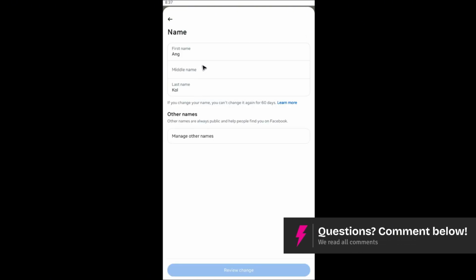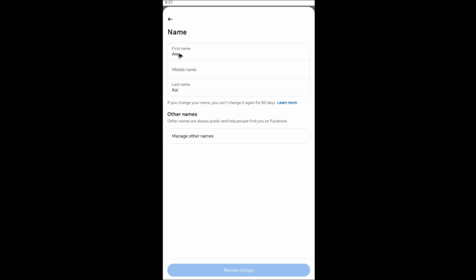Tap on it. Here, as you can see, first name, middle name, and last name. All right. Middle name is not required, but if you want to, you can go ahead and put your middle name right here. All right. For example, I wanted to change my last name to two calls right here. Calls. All right. Then after that, once I'm certain with my new name,